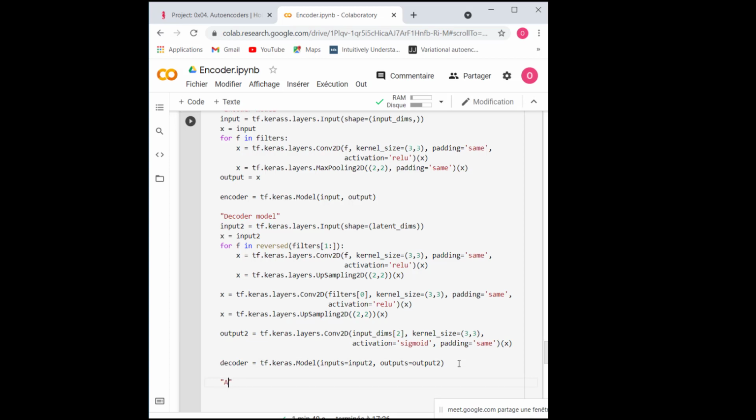Now let's move to the autoencoder. I'm going to call it auto.